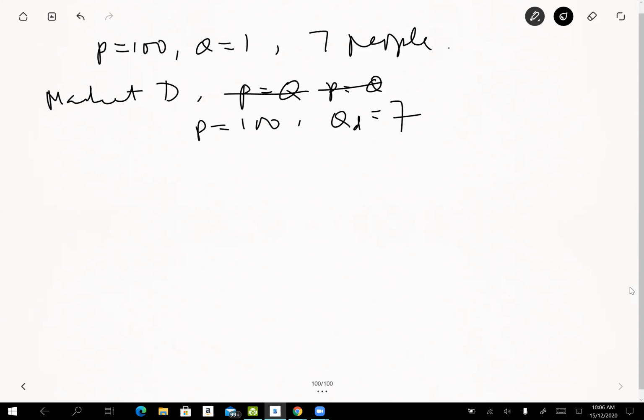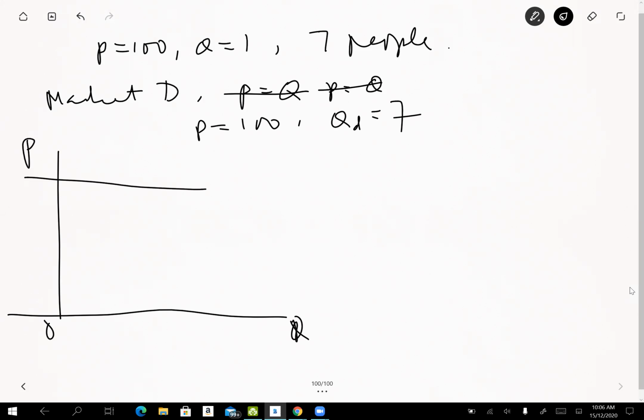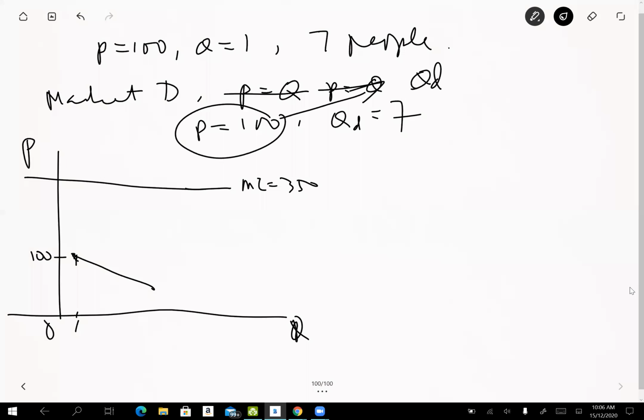So you got there, for the market demand, if the good is a private good, then you got that marginal cost 350, which is equal to the average cost. Everybody's demand is the same. So 100 here, and that is quantity equal to 1. So that is the first point. So maybe the demand function will look like that. Now to get the market demand, that means at each price you sum the quantities. Okay, by now everybody should know this.